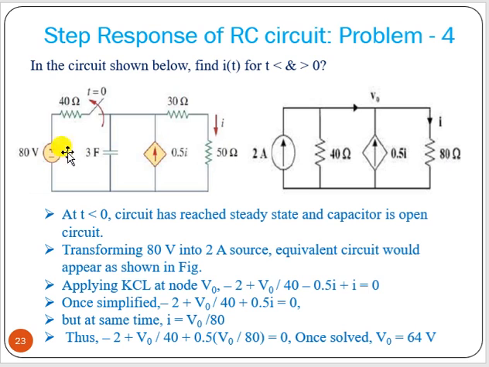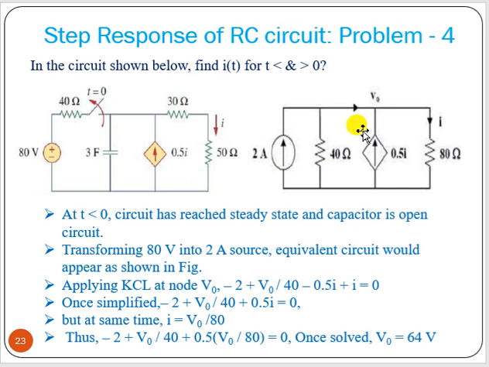So what we can do is, when it is closed, we can write this as the capacitor is open circuited, and this voltage source can be converted into a current source, that is 80 volt divided by 40, 2 ampere current in parallel with a 40 ohm resistor. So the voltage source is converted into a current source, and the capacitor is open circuited. So we have to find out this V0 value.